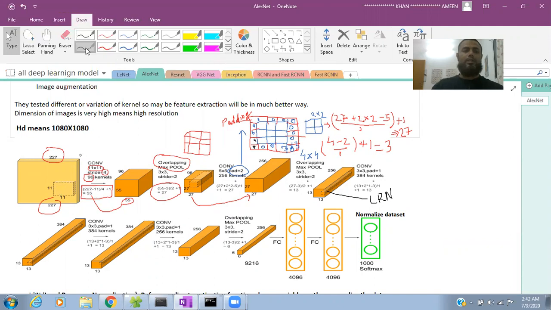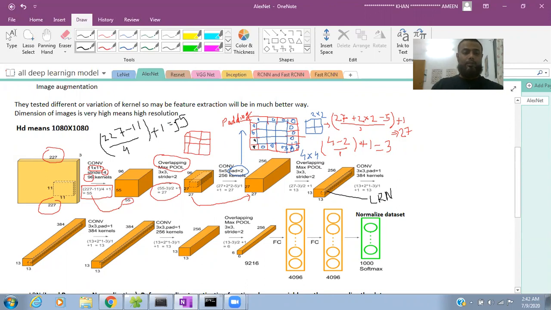We can write 227 minus 11, and the stride is 4, divided by 4, plus 1. So the next image size will be 55. If you calculate this, it becomes 55.